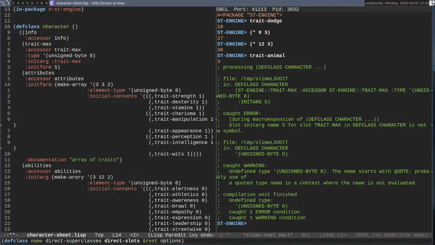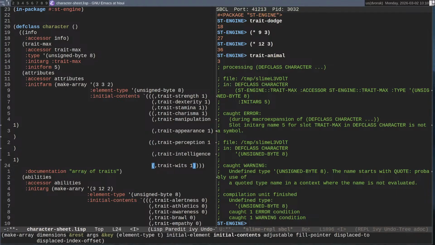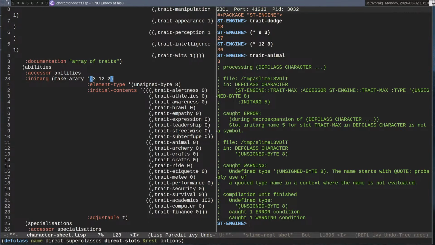I don't want to set these in the constructor. I think that I'm going to have to write my own constructor that will take the lists and then overwrite the contents. So make all of this form.